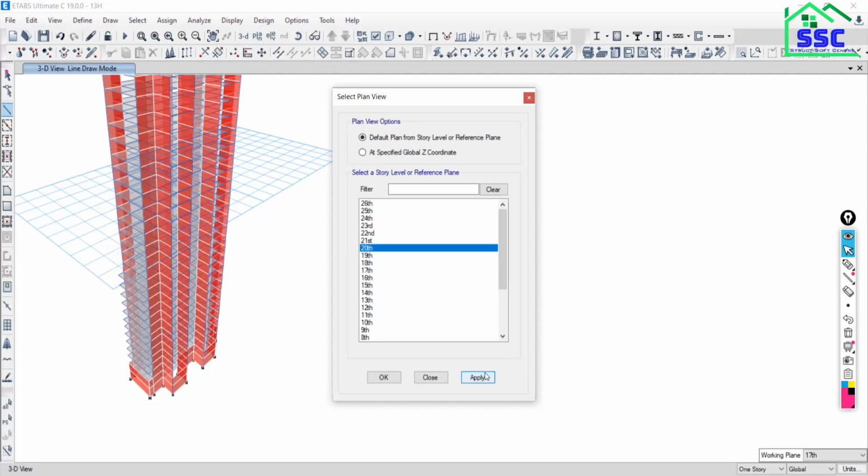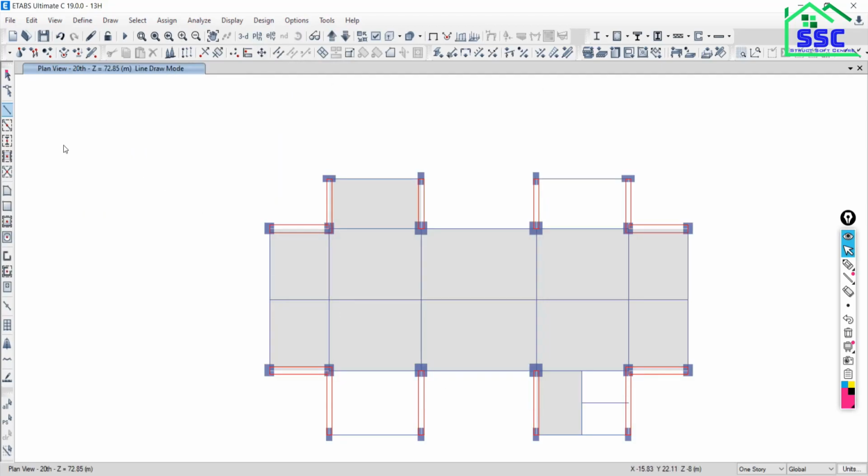Go to plan view. Now from this point to this, and next from this point to this, and from this point to this point. So we have to keep these all three lines in the same level or along the same alignment.